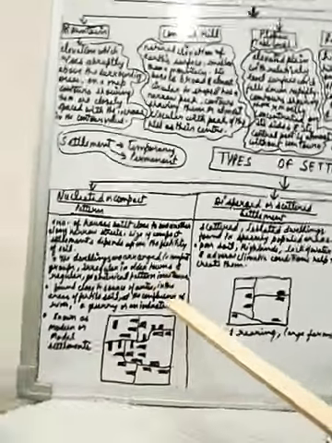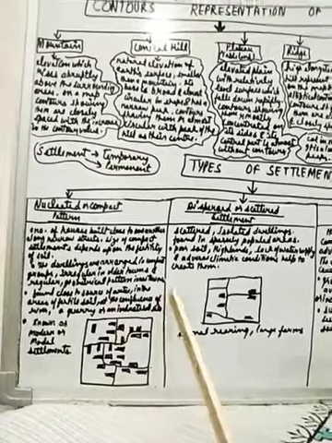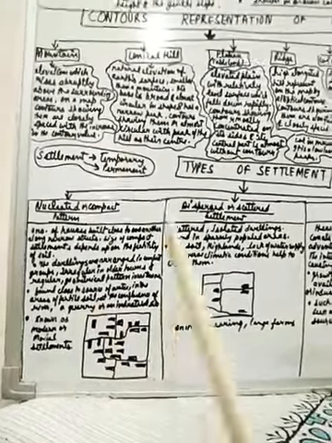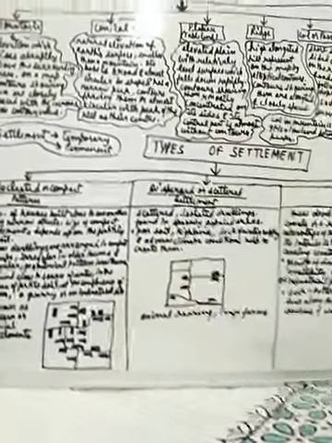The dwellings are arranged in compact groups, irregular in older towns and in a regular, geometrical pattern in new towns as they have been planned. They are found close to a source of water, in areas of fertile soil, at the confluence of rivers, or near a quarry or an industrial site. It is also known as modern or model settlements. You can see the figure here. You have to draw the figure and then write.